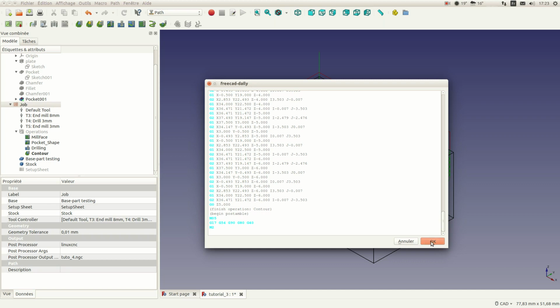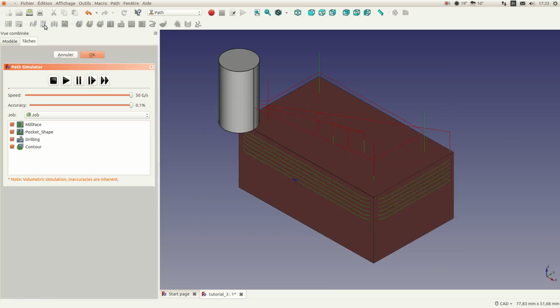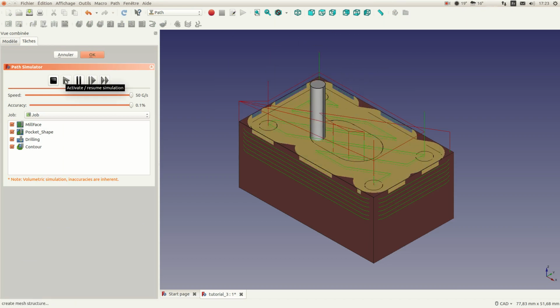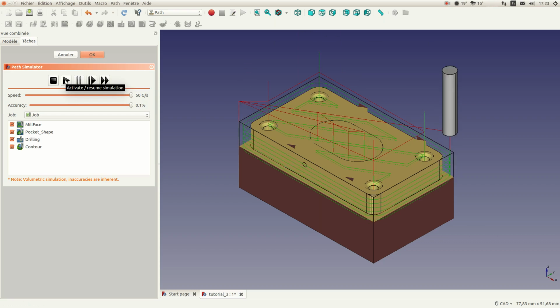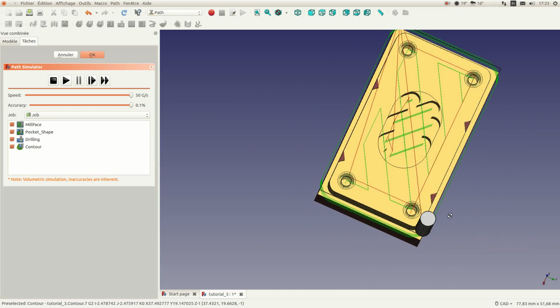Then you have a post number, you stop the spindle and stop the program, and so on. Another option that can be useful for you is the simulation. If you go here and launch the system, you will see how the part will be made with all the machining operations. So it's a pretty useful tool. You can see how the part is made, and you can see if there is something strange. For example, here